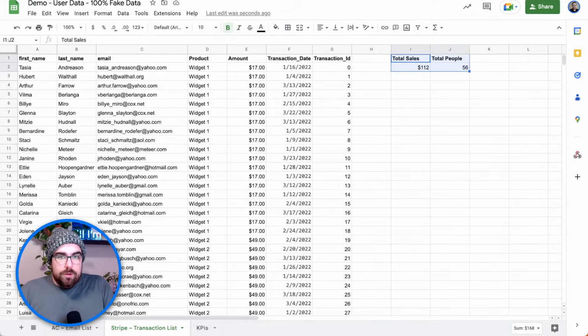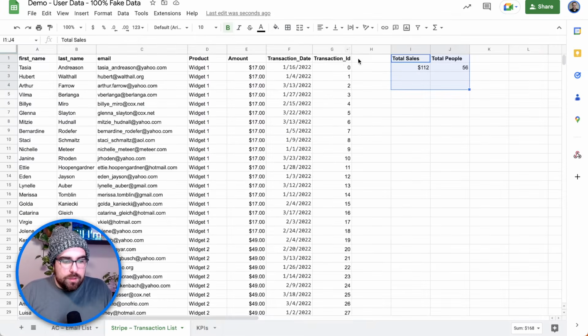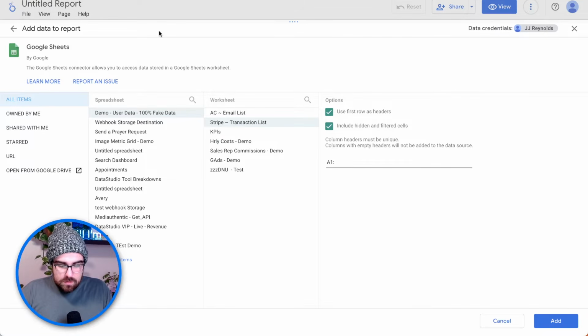What you can also do, if you have ugly Google Sheets because you have clients or friends or customers that keep adding new rows and it'll break your Looker Studio report, which I'd implore you to do, is you can just say right here I want A1 through, with a colon, G. So if I do A1 to G and I hit add,